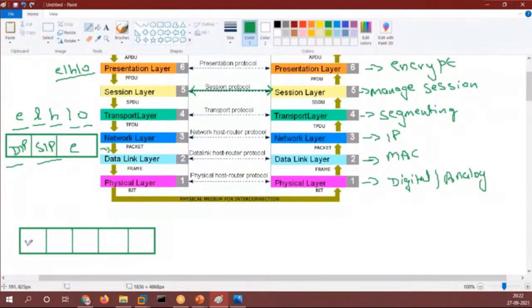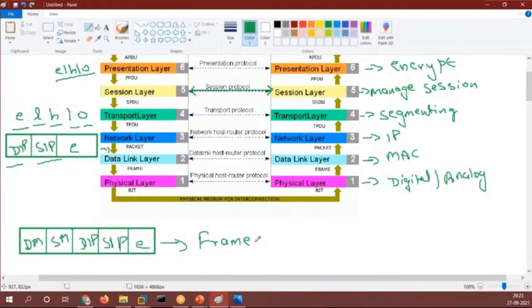So your MAC addresses will be added. So destination MAC, source MAC, destination IP, source IP, right? And the data that we have. So these things will be added, right? Now after adding these things, we call it a frame. We call it a frame, right?